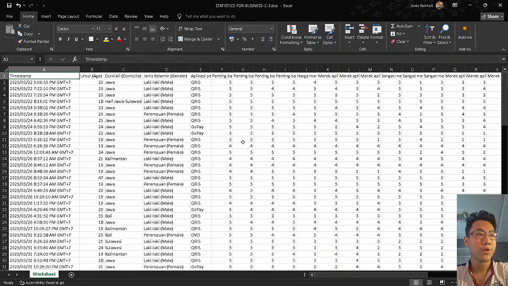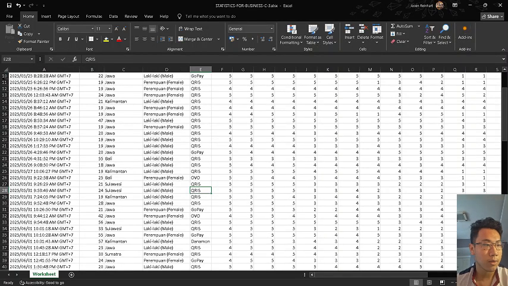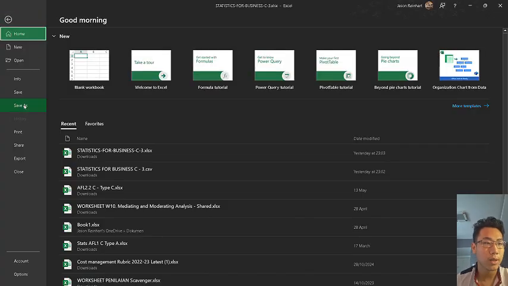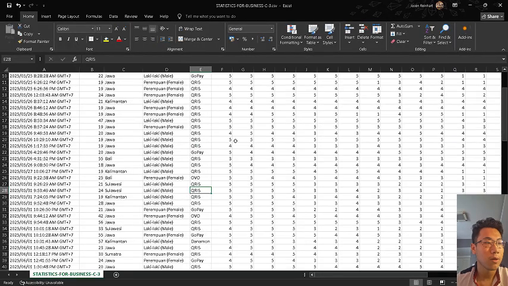So when you conduct a survey from Google Form, you'll get the data in Excel files, and what you're going to do is open it in Microsoft Excel to check it, and then if you think it's already right, you can turn it into a CSV file like this.